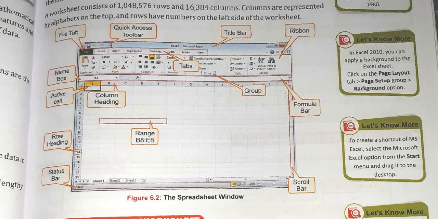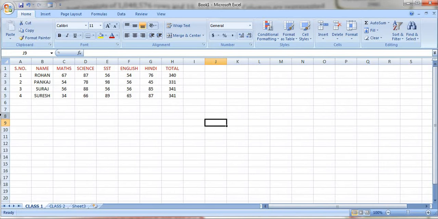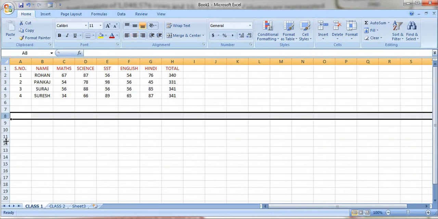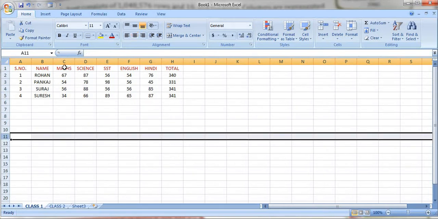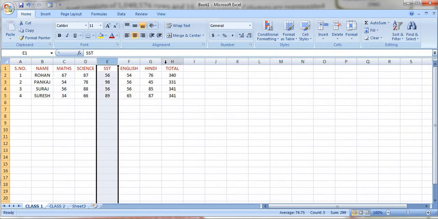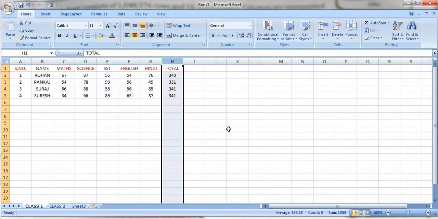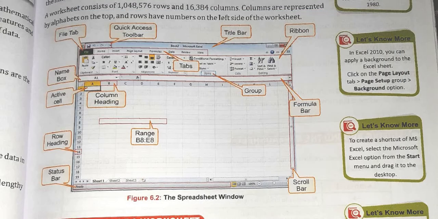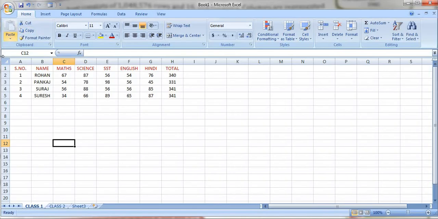Now this all are the active cell, you understood. Row heading, let me show you. This is the row heading. Okay, this is row 1, row 2, row 4, this is row 8, this is row 11, this is the row heading. And here C, E, H, these all are column headings. Okay, column letter or column heading, and this is row number or row heading from this side. Okay, row and column you understood. Active cell, I told you, active cell and cells. Range, I told you. Formula bar, getting?